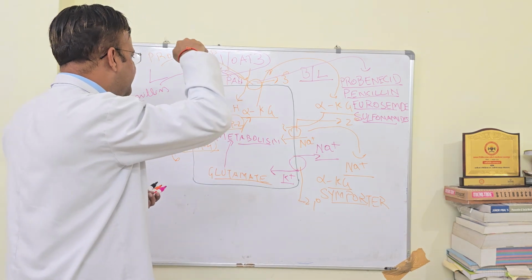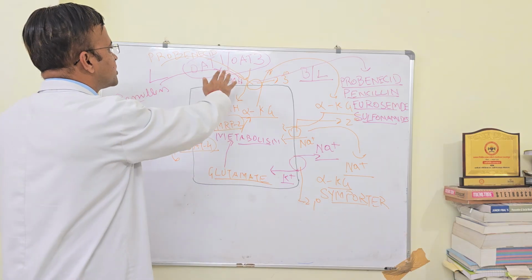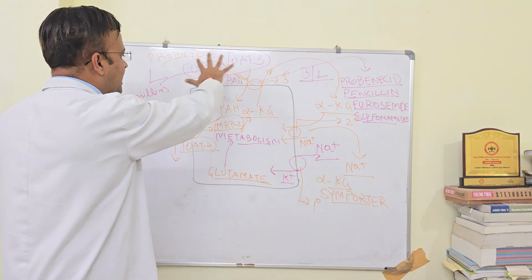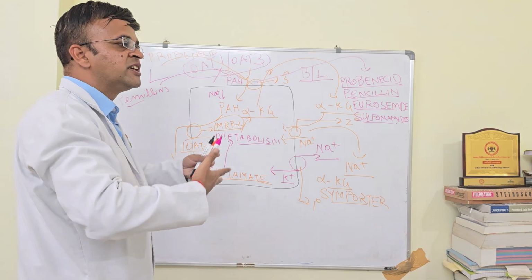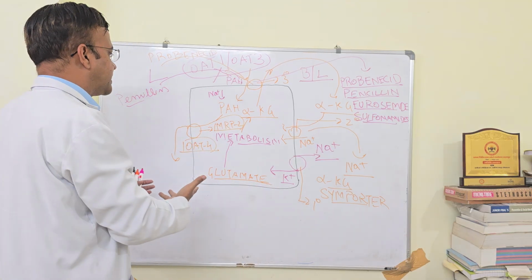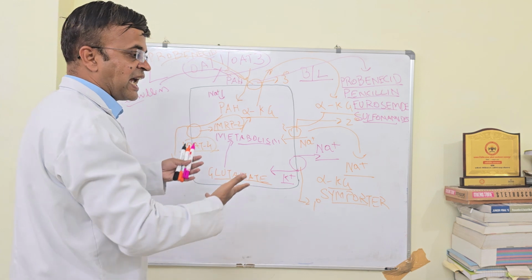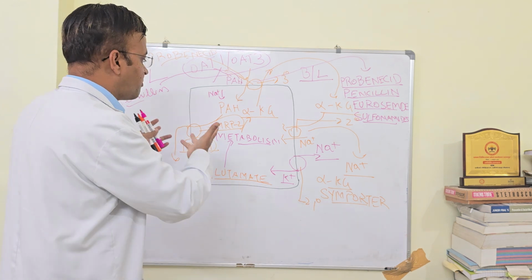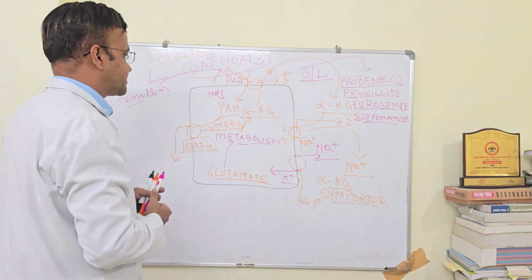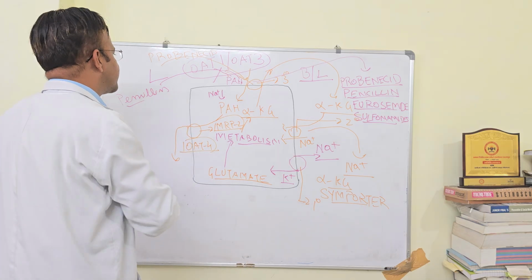So penicillin will find it tough to enter into the PCT because this OAT1 and OAT3 are already saturated. So penicillin will stay in blood for a longer period and it's going to cure any infection which might have happened to the patient, right? So this is the clinical significance